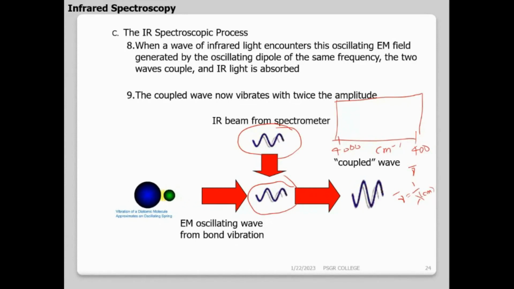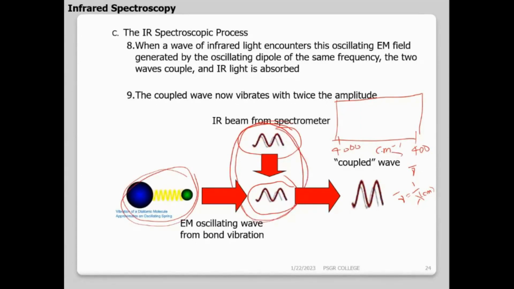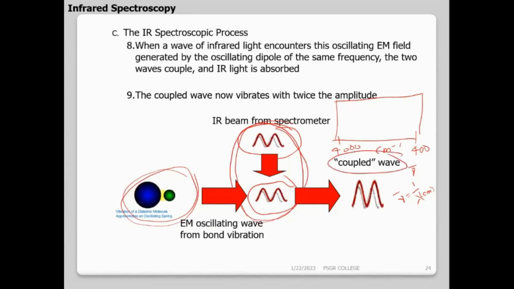Right? Now I give an IR radiation from the instrument, and the molecule is already oscillating. Because it oscillates, it is creating an electromagnetic field. Now these two must match. If both match and couple, I'll be getting a coupled wave. That is what IR is. So they must couple, and coupling means absorption. So if I have this matching, I'll be coupling. Then I'll be getting a coupled wave, and that shows that the molecule is absorbing IR radiation.